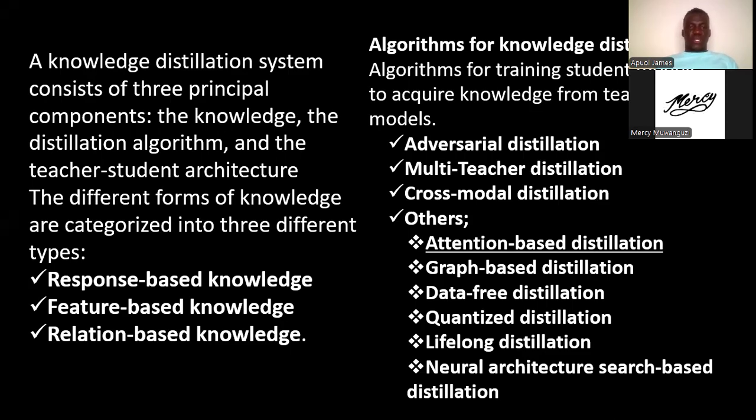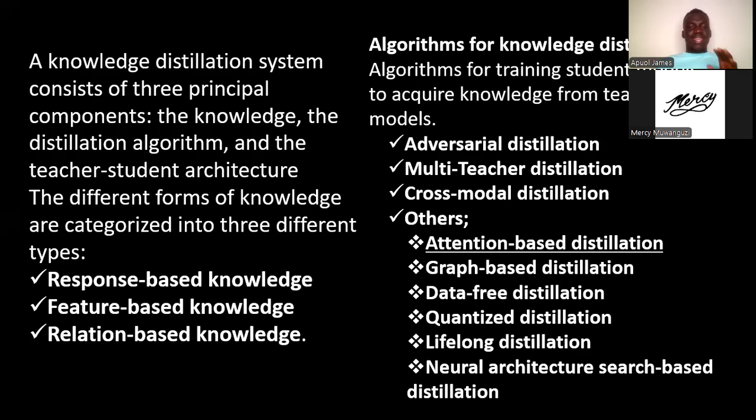Now the cross-model distillation. When we talk of cross-model distillation, the teacher is trained in one modality and its knowledge is distilled into the student that requires knowledge from a different modality. Now there are other forms of algorithm that we actually talk about here. And those other forms are the graph-based distillation, attention-based distillation, data-free distillation, quantized distillation, lifelong distillation, and neural architecture search-based